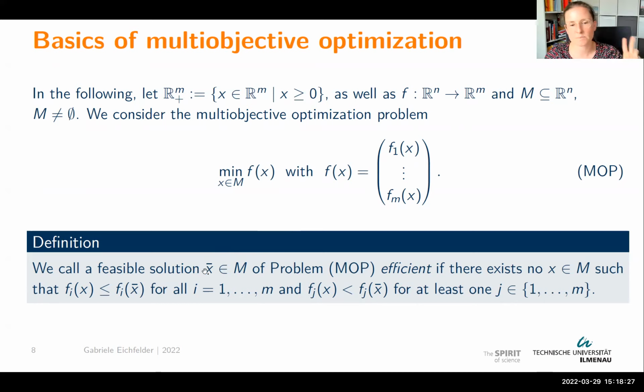And then you are saying an optimal solution is a feasible point such that there exists no other feasible solution, no other bike in your bike store, which satisfies all objective functions as well and is strictly better with respect to at least one of the objective functions. So for the bikes, this means you have an efficient bike if there is no other bike in the bike store which is as cheap and as lightweight, but not cheaper or lighter. You can only improve one of the objective functions for the price of worsening one of the others. So there might be a bike which is much more lightweight, but you would have to pay more for it. You get no lighter bike without paying more. Then you would have an efficient bike.